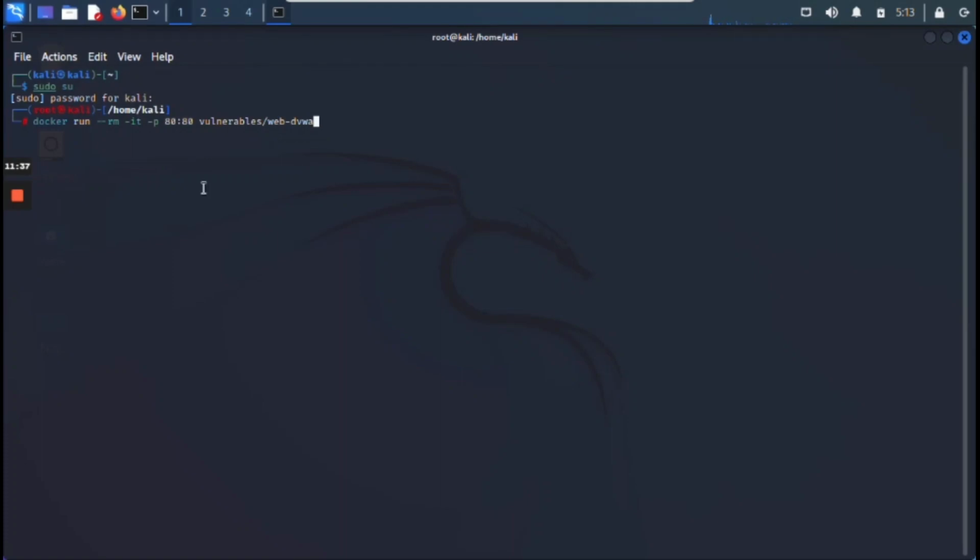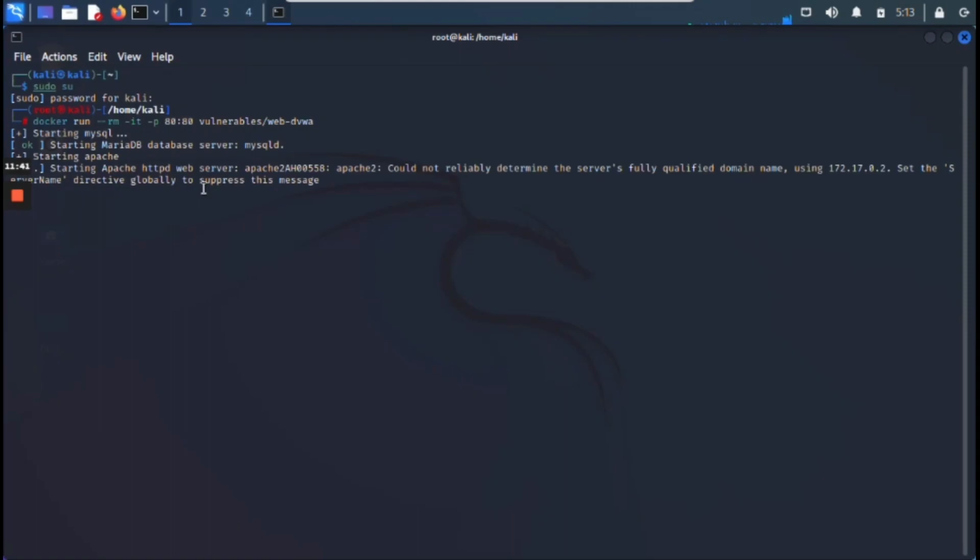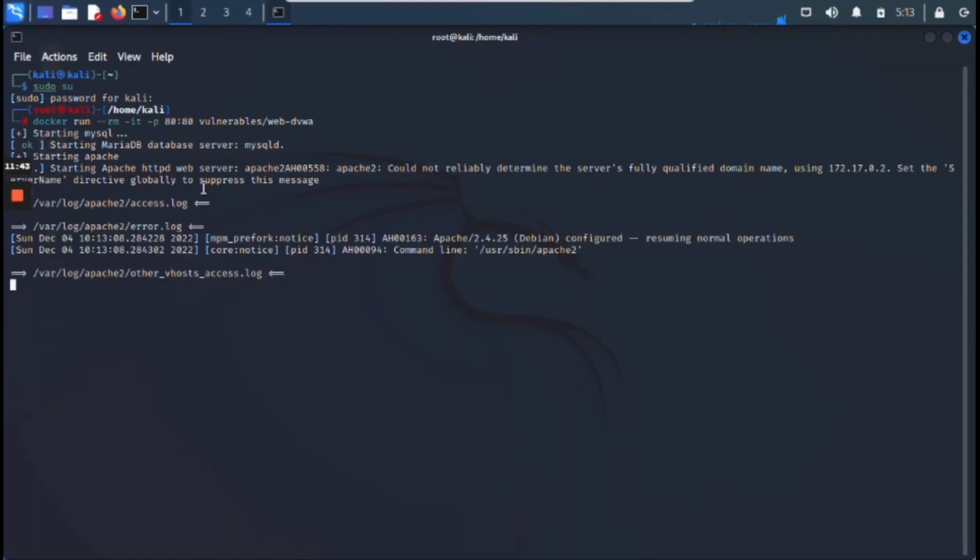Let us press enter. It will start the MariaDB database server with MySQL DB. Once the database server has started,